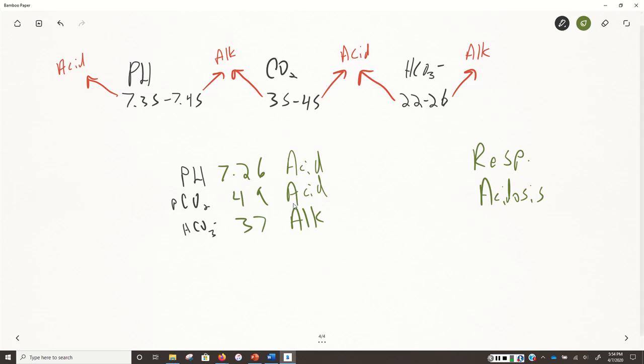But now we see for the first time the one that does not match the pH. It doesn't say normal anymore. It says abnormal, but it's in the opposite direction. This is compensation. The lungs are failing, so the kidneys are trying to pick up the slack. What do the kidneys do? They start to generate and reabsorb a lot of bicarbonate. That's why we see the bicarbonate is elevated. So what do we call this? This is respiratory acidosis with partial